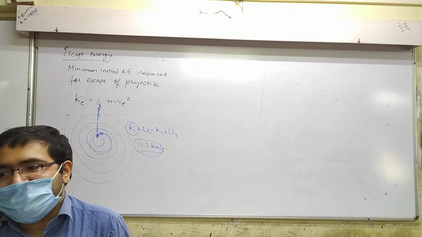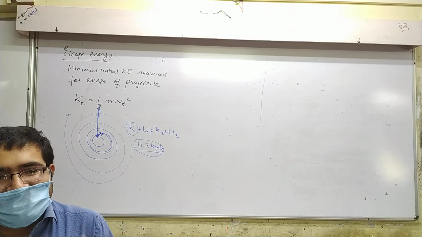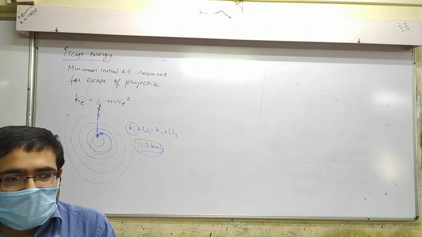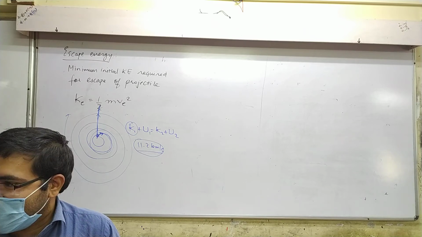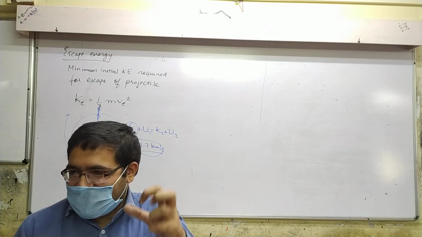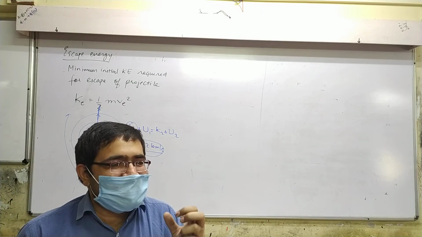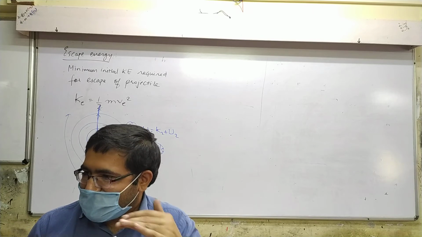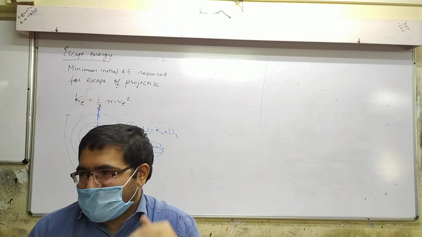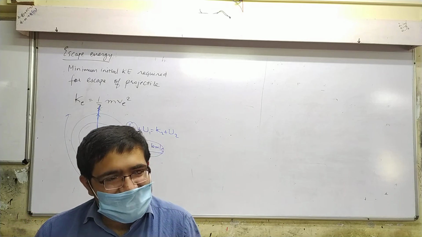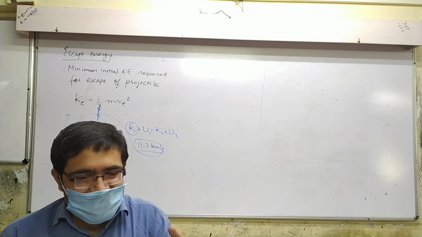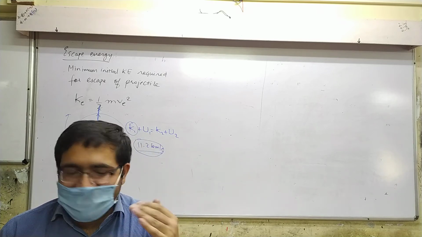Less. What do you think? Less. It will be less. The speed will decrease. Why would it be less? Because Earth's gravitational force will also be less. Make sense or not? Yes. The farther you go from Earth, the less the value of g becomes. Correct or not? What that means is that the gravitational pull or force of Earth will decrease.